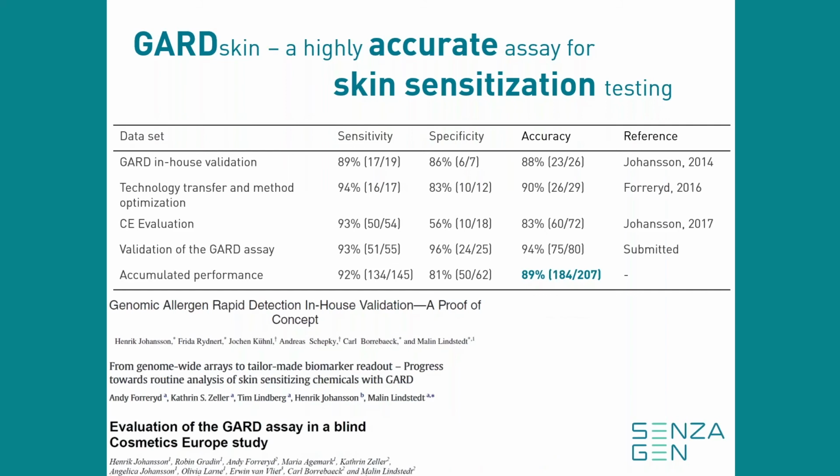So we have tested the performance of the GARD skin assay in many different external test data sets. So today we have tested about 207 compounds with an accumulated accuracy of 89%. All of this data has been published in, or is about to be published very soon in, peer-reviewed scientific journals. And this is only the data that we have basically generated in-house or together with our collaborators, because I